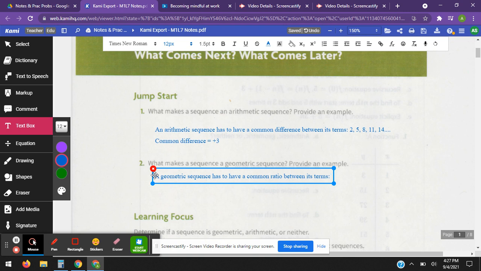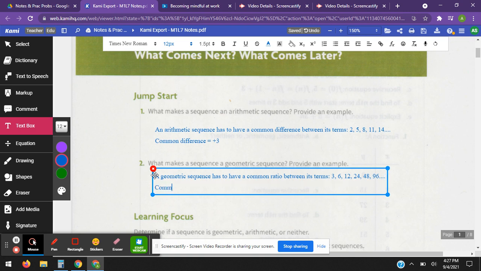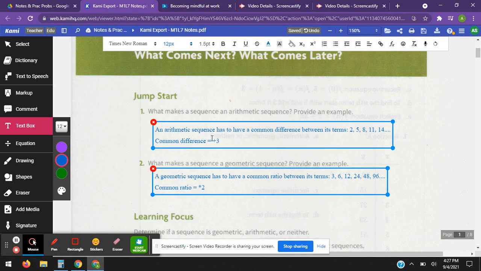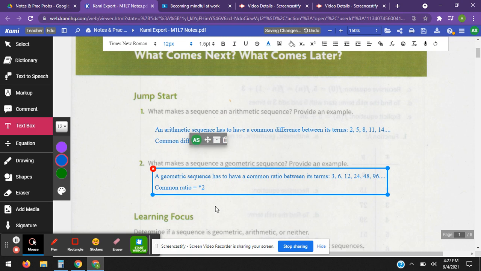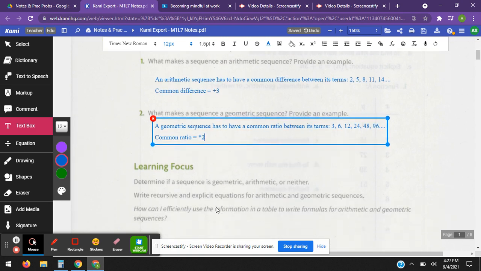For example, let's start with 3 and times 2: 6, 12, 24, 48, 96, and so on. So the common ratio equals times 2. So addition and subtraction, or multiplication, or you could say division, but we put it in multiplication